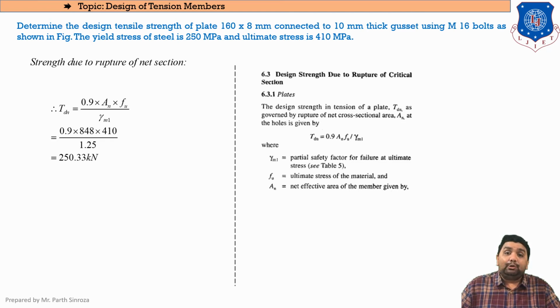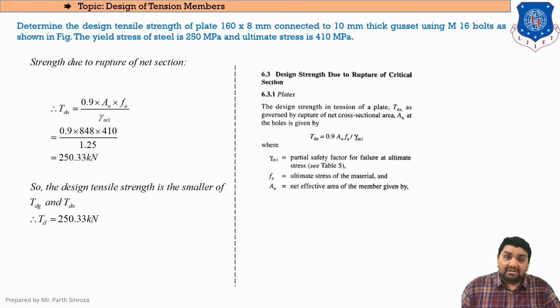Clear? Now keep in mind, whenever there is a zigzag or staggered bolting prescribed, there is no need to find block shear, because while finding block shear we need to find TDB for all the 3 parts. Clear? And it will be a sum pertaining to either 28 or 35 marks, so it is not asked in your GATE examination. Whenever a staggered or zigzag bolting question is asked, you just need to go up to the TDN path. Clear? So TDN will be our final step, and then we'll be substituting the value of TD.